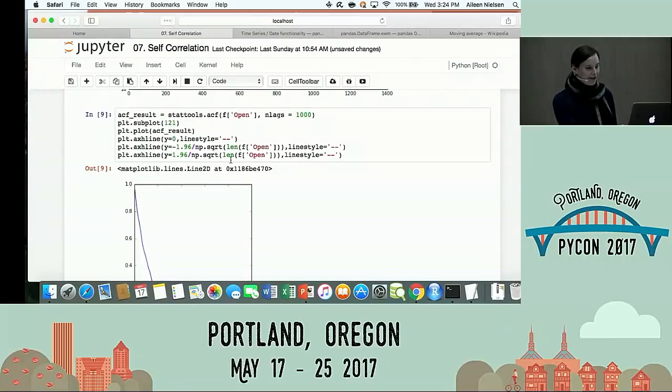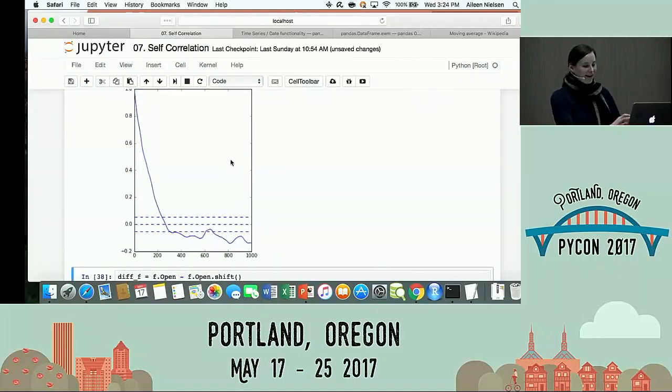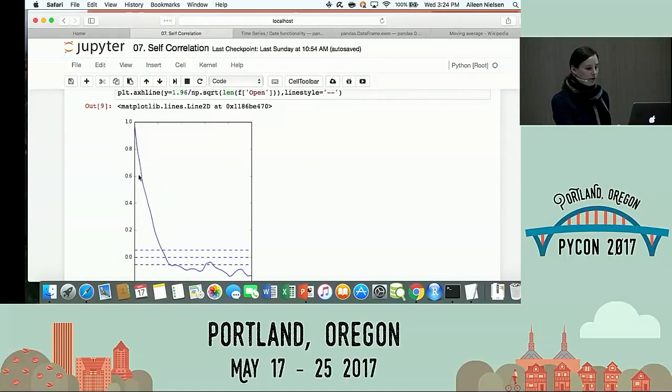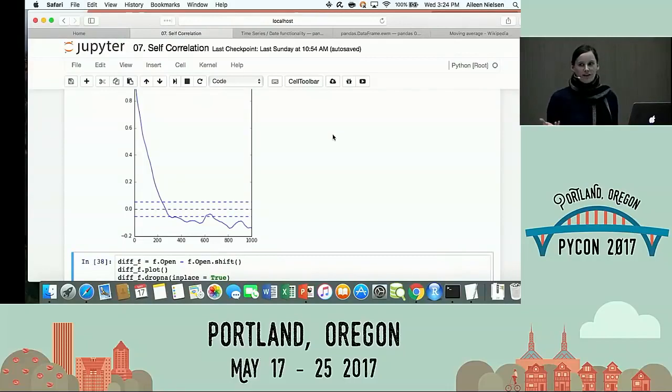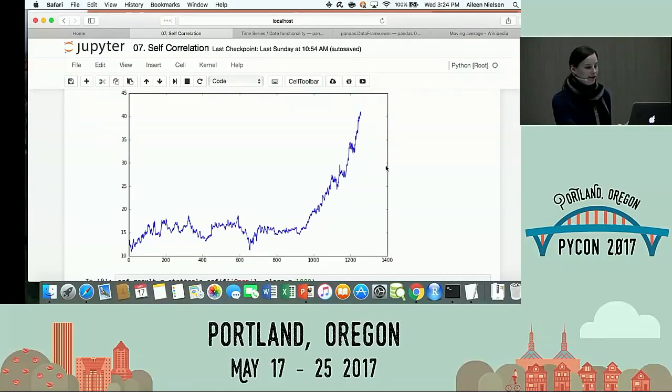So I have an ACF of stock data, and now I have this really weird thing. I've got a bunch of significant values, and then they sort of cross and they go negative significant, right? So positive correlations at short values, negative correlations at longer values. Am I like learning anything intrinsically about the stock market here? Not really. What's going on here? Well, let's go back and look at what this particular stock did. It went from a lower value to a really high value here, right, in this moment in time. I think this is over a couple of years of time. So whatever this stock was, it enjoyed this tremendous period of growth.